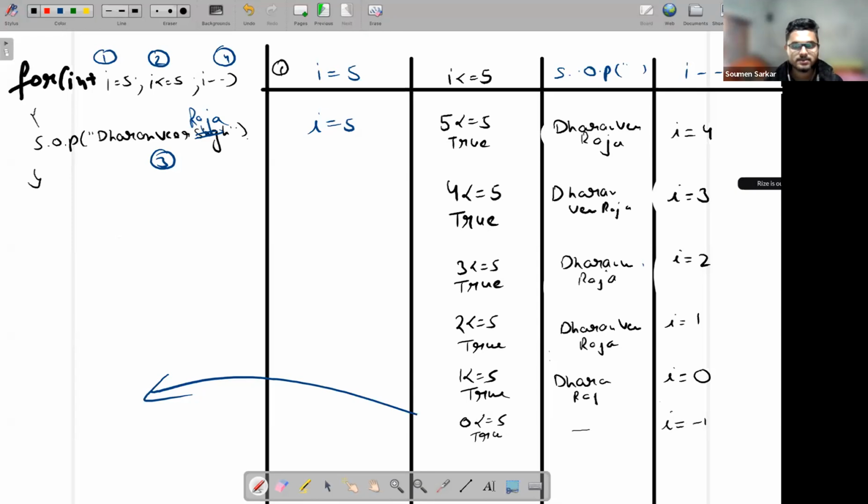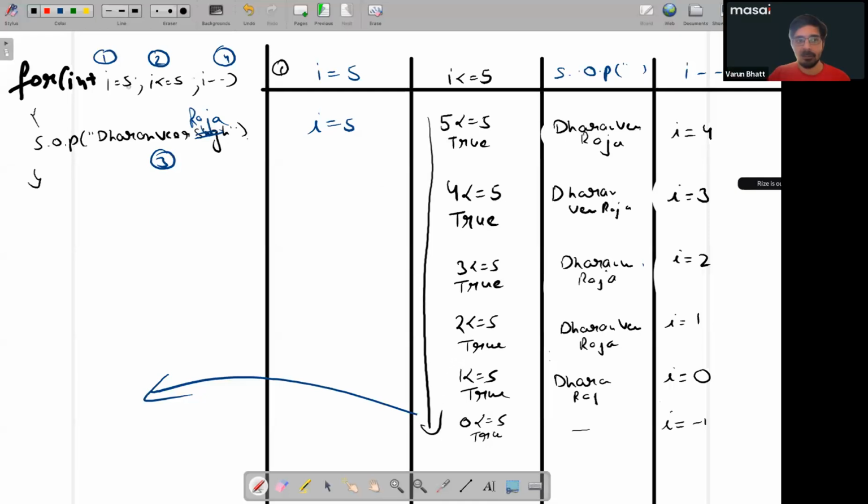Infinite loops, sir. I think -1 is less than equal to 5, -2 is less than equal to 5. It will keep on going infinitely. Getting it? Yes, sir. That's why, because here what is happening, we started with 5, we are decreasing the value, and obviously whatever the